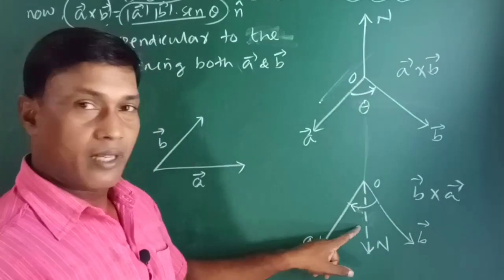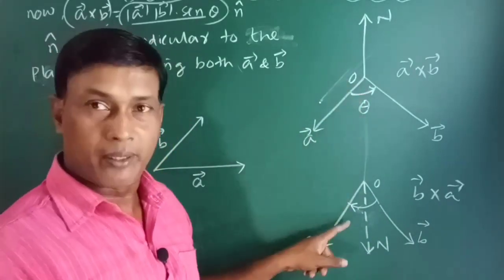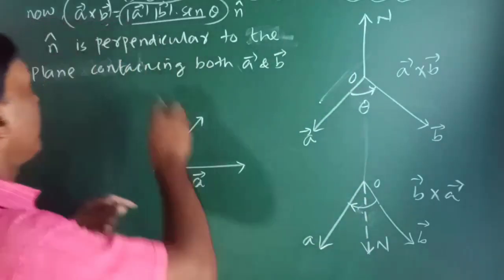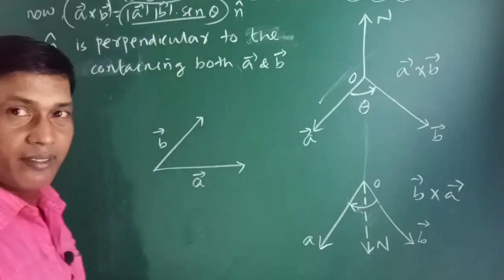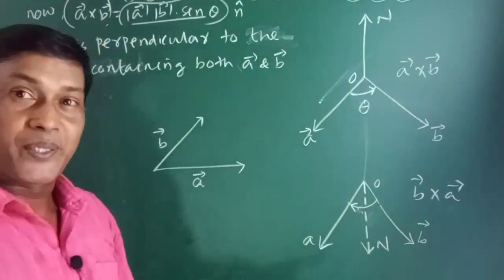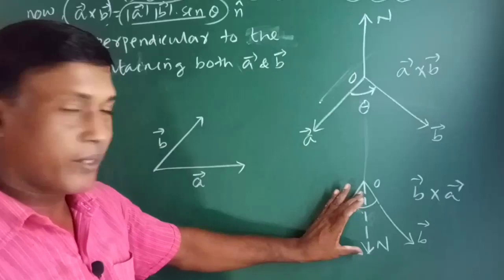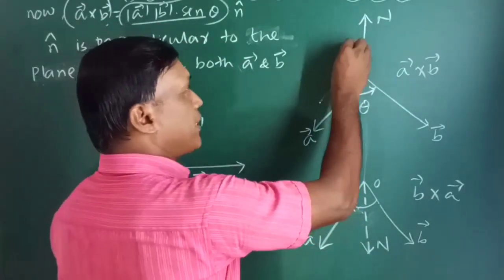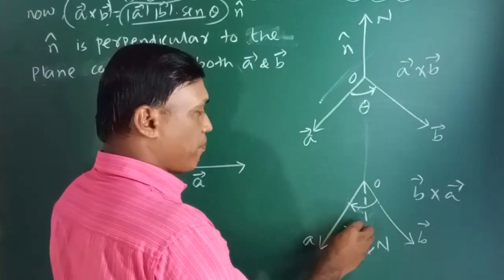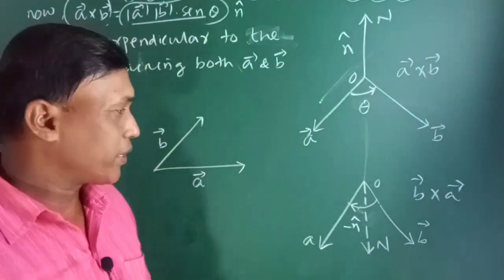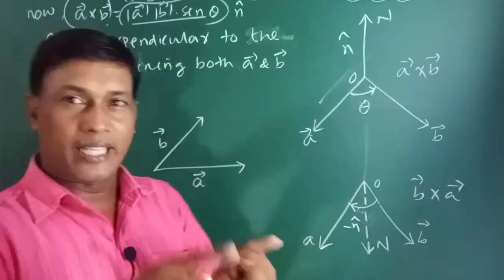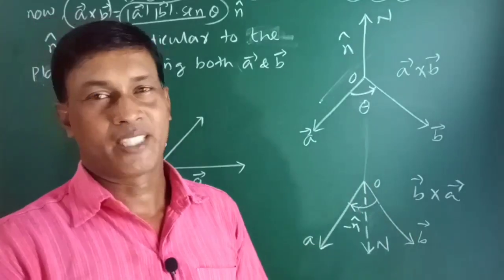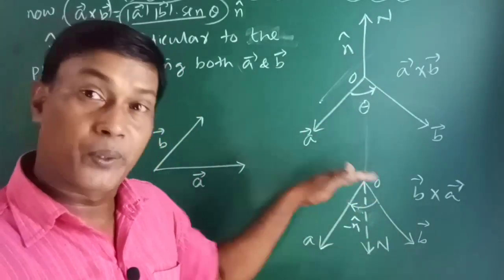The two vectors have the same magnitude because they are unit vectors, and A cross B, B cross A have the same magnitude. A cross B has magnitude AB sin theta. B cross A has the same magnitude. So A cross B and B cross A have the same magnitude. But the direction is, if this is n cap, then this is minus n cap, because one is upward, another is downward. They are moving opposite to each other. Equal magnitude, opposite direction. So this is the description of the screw rule.